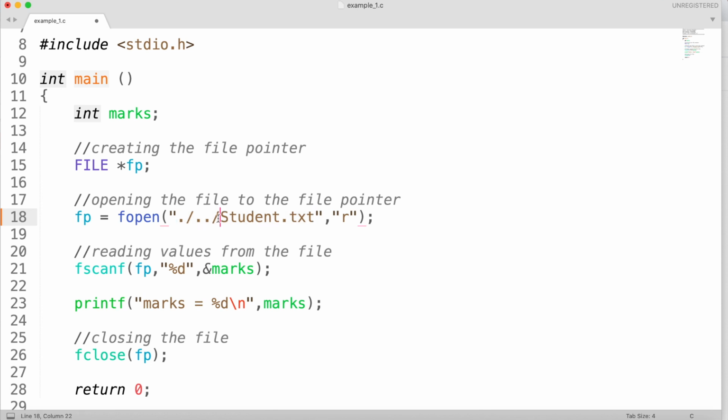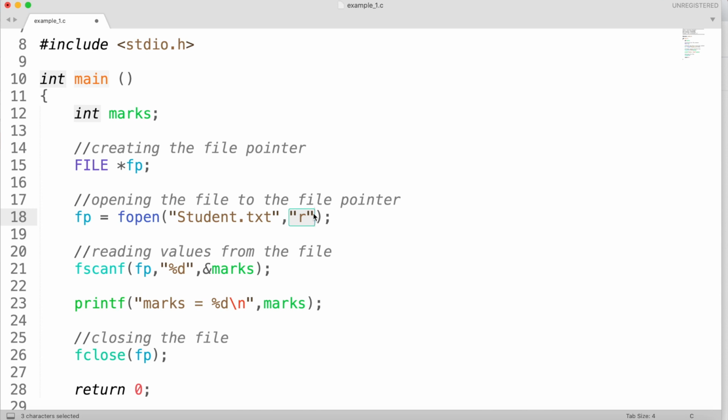The second argument that you need to give for the fopen command is the file opening mode. In our previous video, we talked about three different modes. The R mode stands for read mode, which allows us to read information from a file.